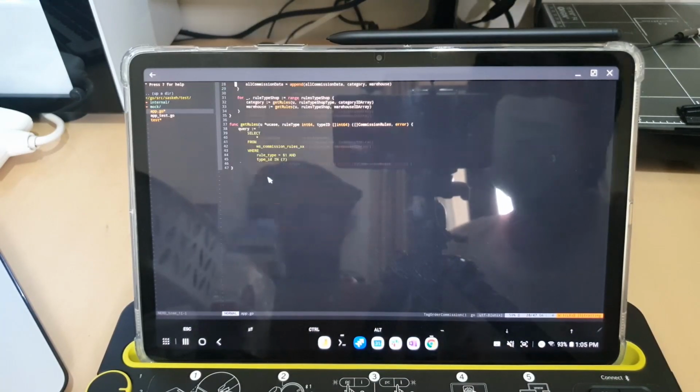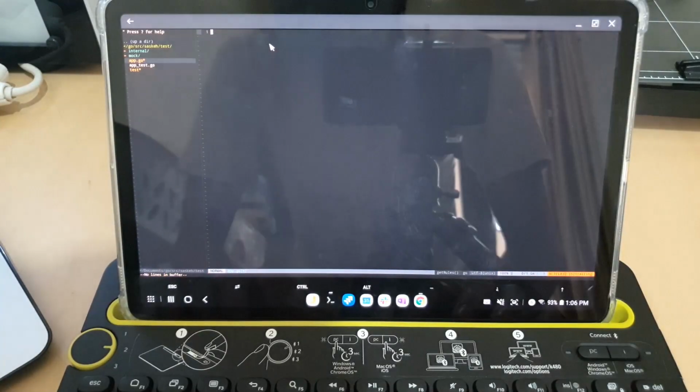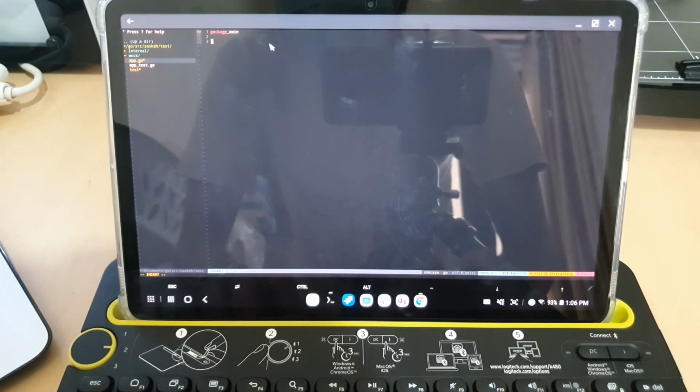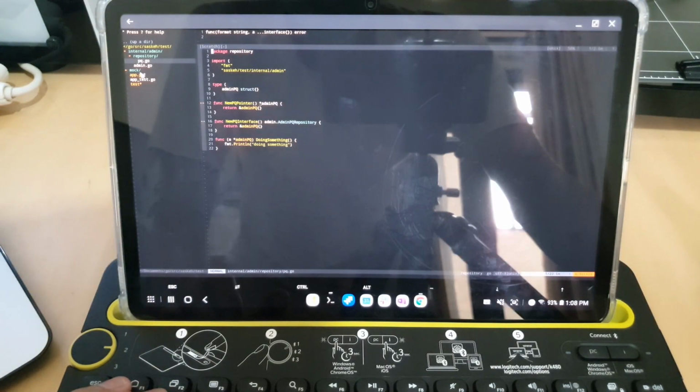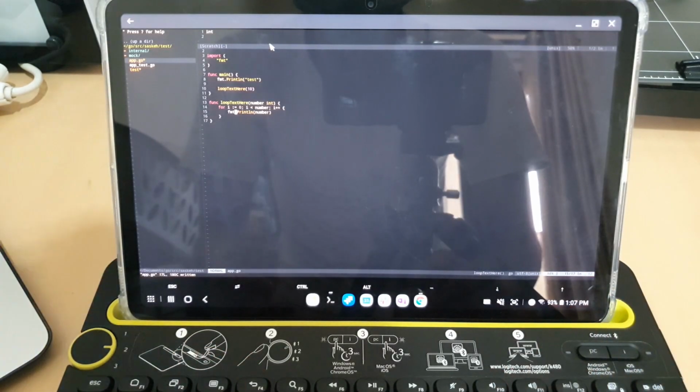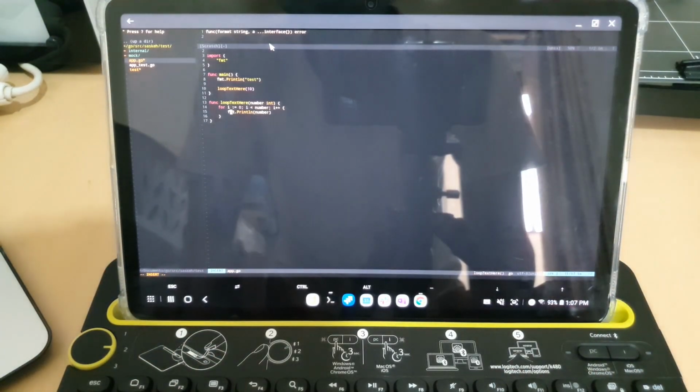For IDE, I mainly use NeoVim. It works great natively, feels very smooth. The behavior is just like on my MacBook, no complaint at all. But considering that the display of this Tab S7 is only 11 inch, I will need to connect to an external monitor for a better coding experience.